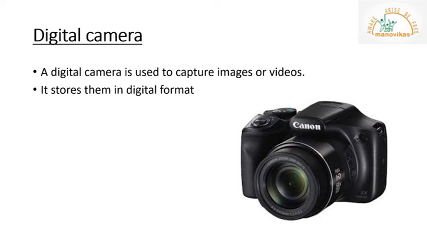Now the amount of detail that a camera can capture is called resolution. Now what is this resolution? It is usually measured in pixels. The more pixels a camera has, the more detail it can capture, and the larger picture can be printed without getting distorted. However, resolution is not the only parameter that one should look at when judging a camera. There are even other things.